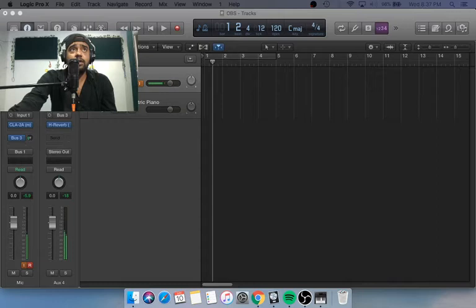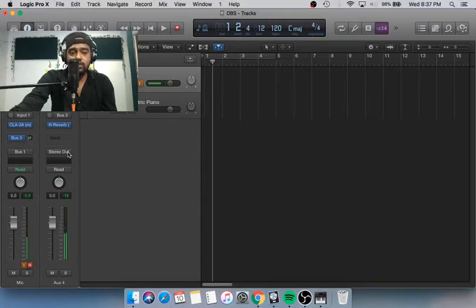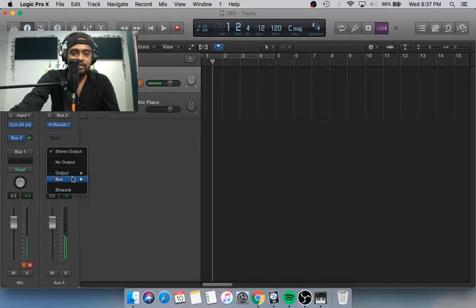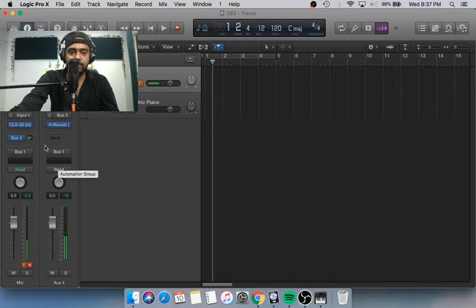That is because the output of this reverb is again going into stereo out. Since we've already created bus 1, that is sending the signal to bus 2, which is sending the signal to 5, 6 and stereo out as well. So I'm going to select this as my bus 1. Now if you hear, you must be getting the reverb, people. So either way, you want to use it through a bus, which I prefer, so that you can individually EQ the reverb, whatever you want. I'm going to turn it off for now.